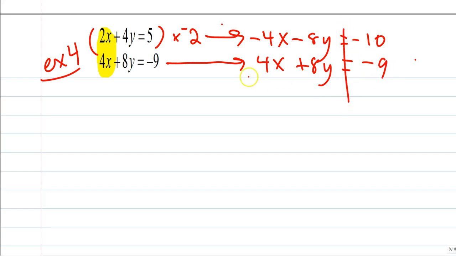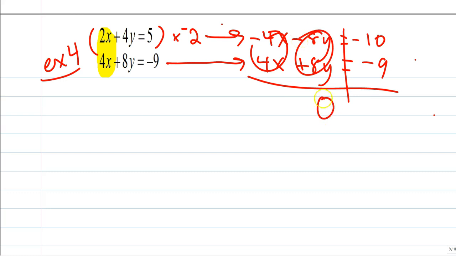But things start to get weird, right? Our goal was for the x's to cancel. Good news is -4 and +4 cancel. What's a little weird is that the y's do also, right? So what are we left with on the left side? What does this mean? Same thing it did before, right? If they're not equal, then that means if I were to graph these, the lines would be parallel. They would have